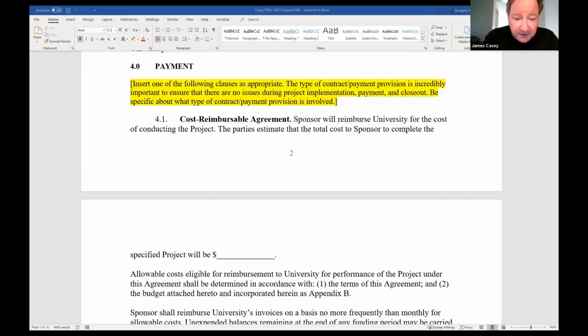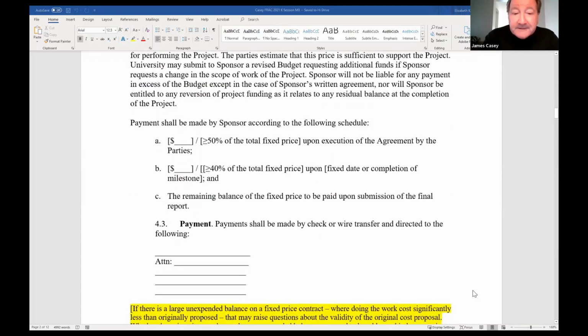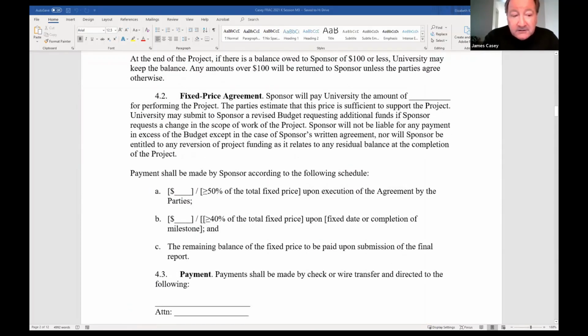If you scroll down a little bit, we then have another type of contract, which is the fixed price agreement, which is tied directly from specific payment metrics to certain deliverable metrics. And so I think one of the most important discussions, and the best value you can give to your faculty or staff engaged in this sort of work, is to talk about what are you providing? What sort of dates do you anticipate meeting certain deliverables? This is the important stuff.